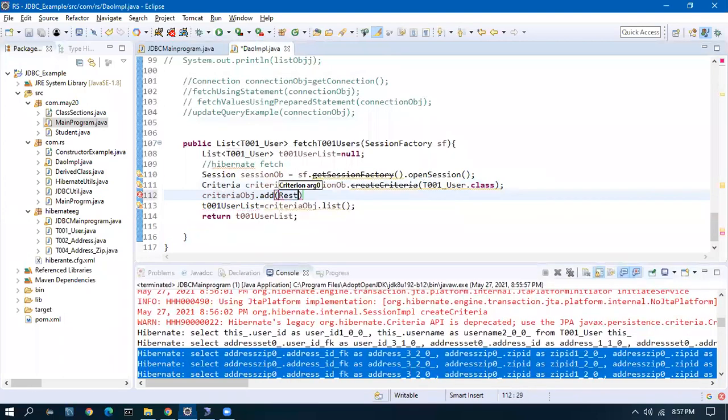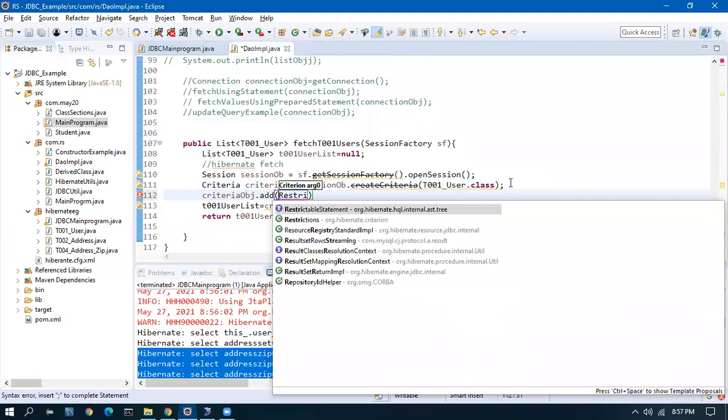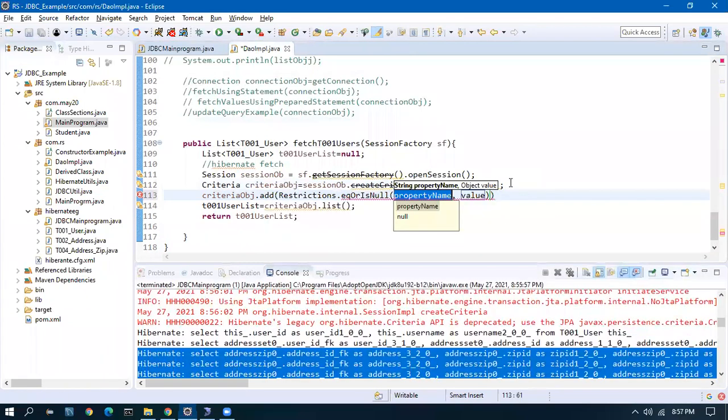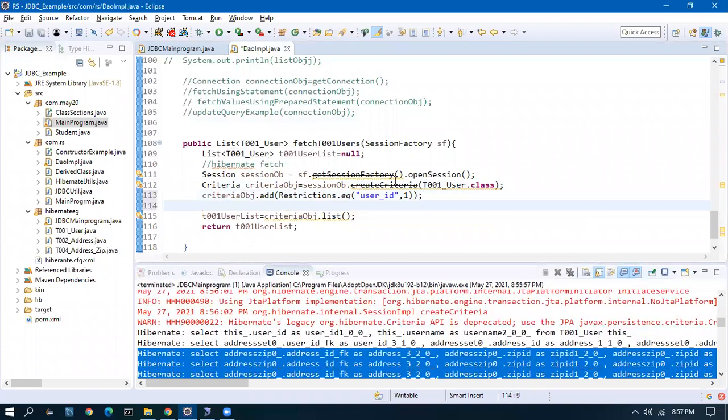Criteria to add restrictions dot equals user underscore ID comma 1. So we'll give this, which means I am asking to fetch the user with ID 1.